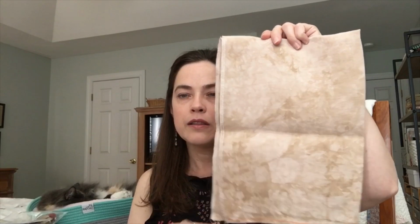Okay, and then the last thing I kitted is for Plum Street Samplers, a new constellation. I don't know what it is about that design that I just love. I love the flag on the bottom. I love the border. It's just a really, really pretty, patriotic piece. I have this piece of 36 count fawn that I got at Fire Poppies. I don't think they have any more,